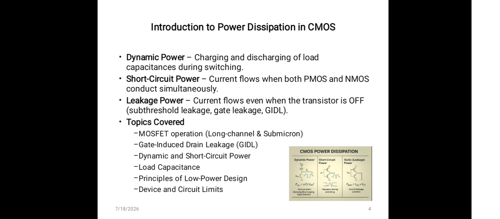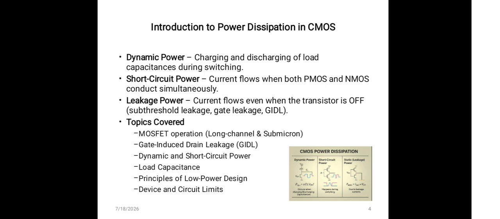This creates a temporary direct path between power supply and ground, resulting in a short circuit and power loss. The third source is leakage power dissipation, which cannot be completely eliminated, but all these three power sources should be minimized. Even when a transistor is turned off, very small leakage current continues to flow due to various physical mechanisms. That is what we are going to see in the upcoming topics, such as subthreshold leakage, gate